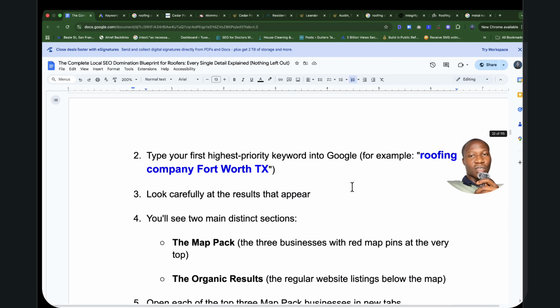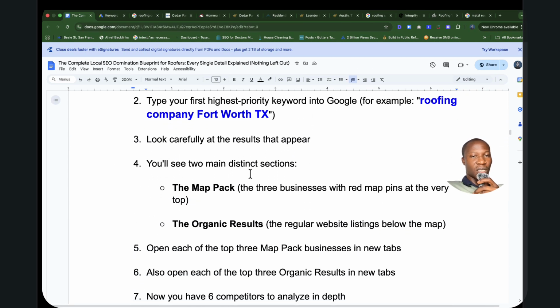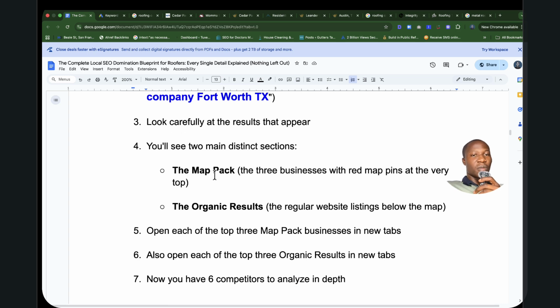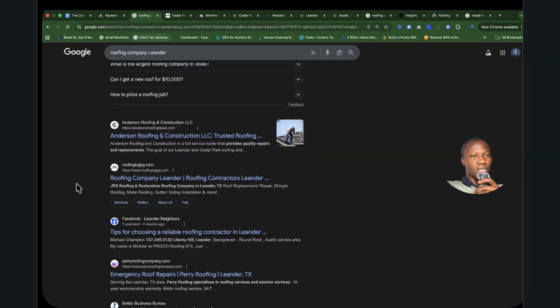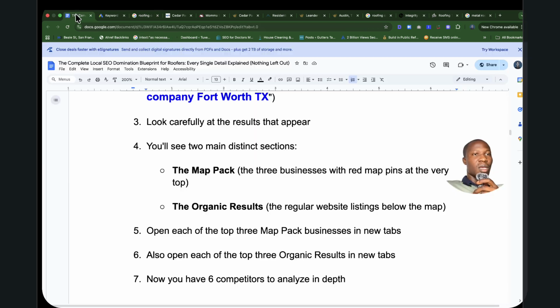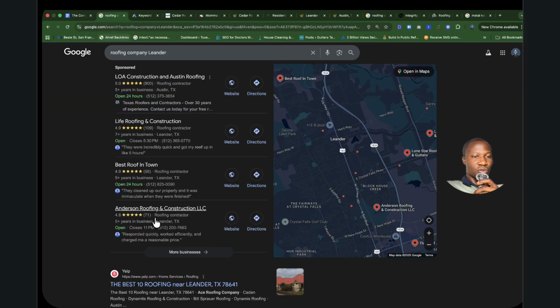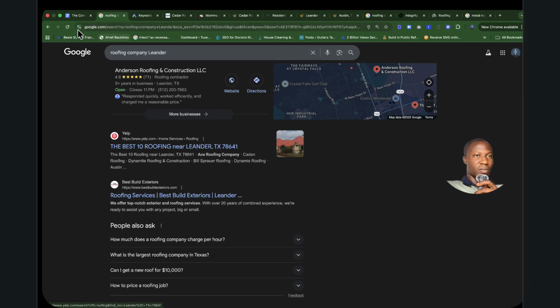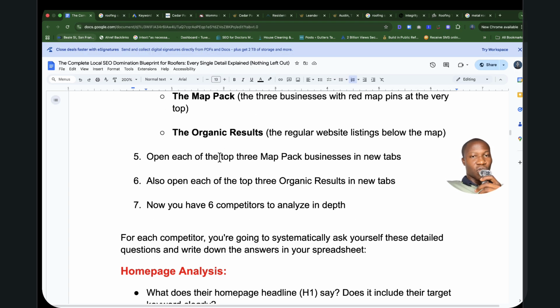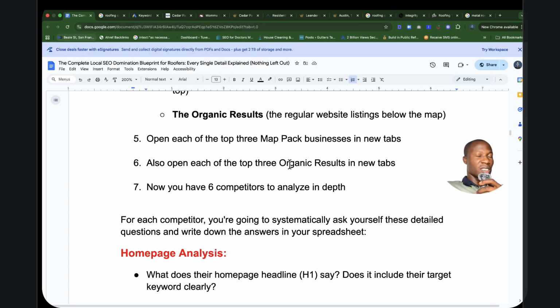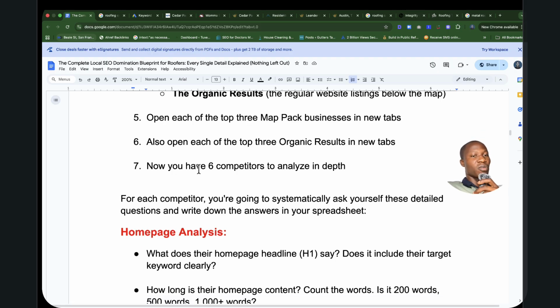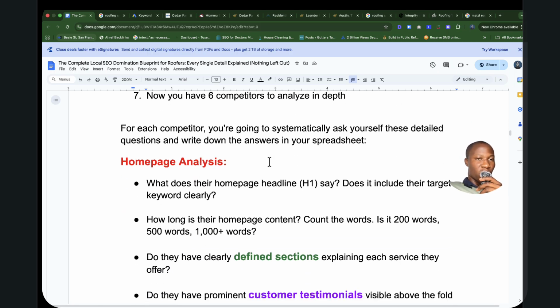Once you do that, you type in all of these keywords and see what is being distinguished in the map pack, which I showed you right here. This is the map packs, and what's appearing on the organic results, which is right here below the map packs. So you open each of these 3 top map results and see exactly why they are ranking. The Google My Business profile also, you want to open that up.